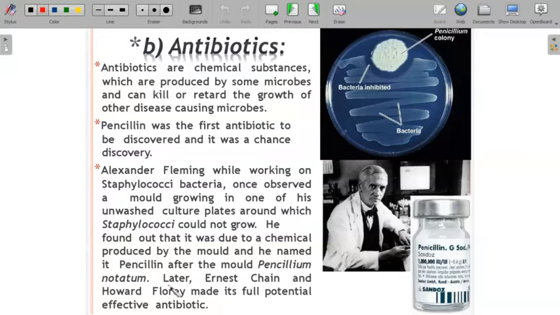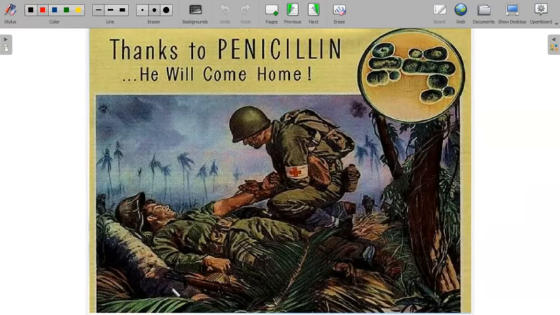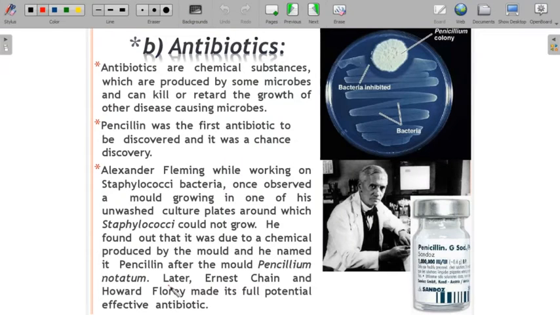And the second one is penicillin. For this, I'll show this diagram. Here you can see the soldiers are treated with penicillin in the Cold War. So there is something to discuss with penicillin. If you look at antibiotic, anti means against, and what do you mean by bios? Life. Bios means life. Against life, meaning not against us.